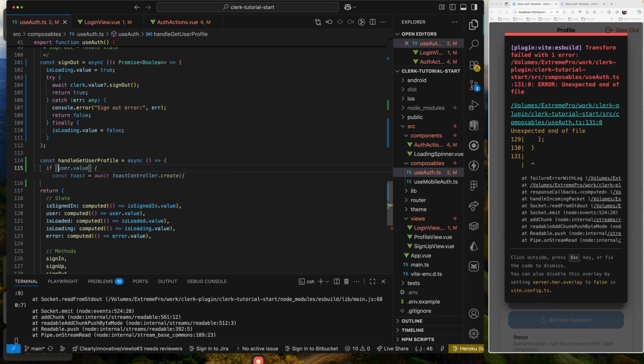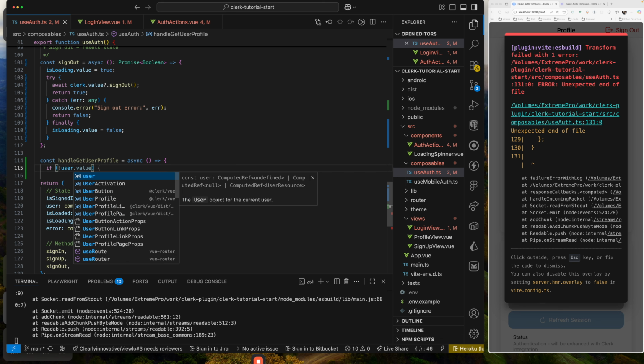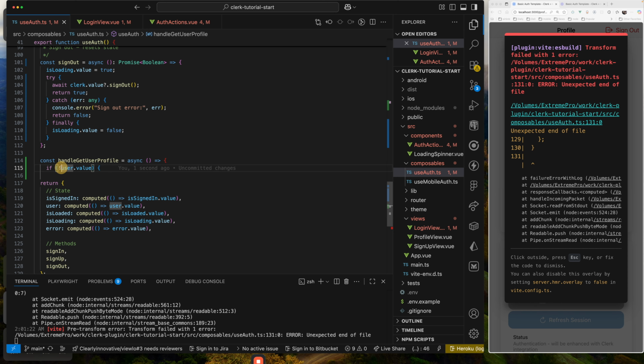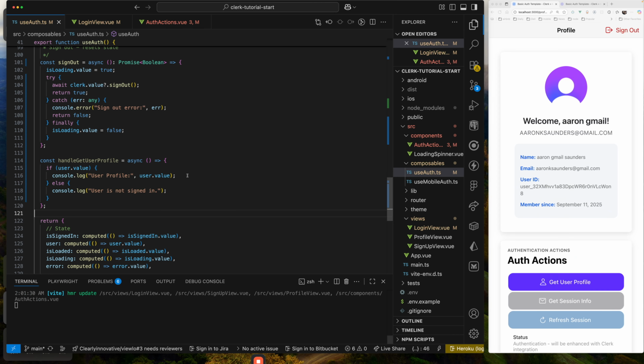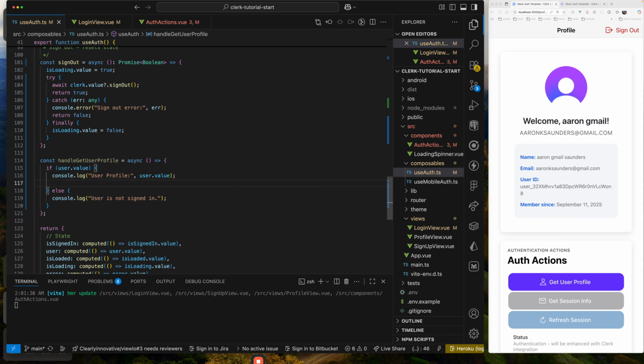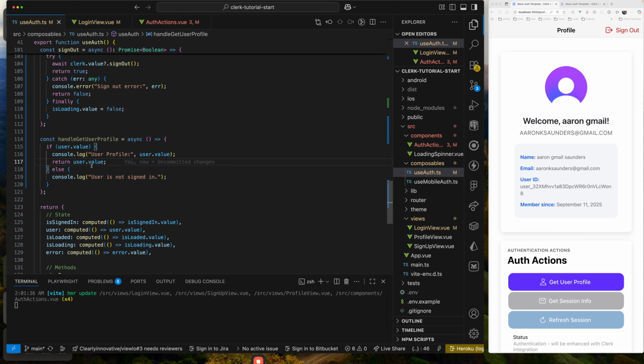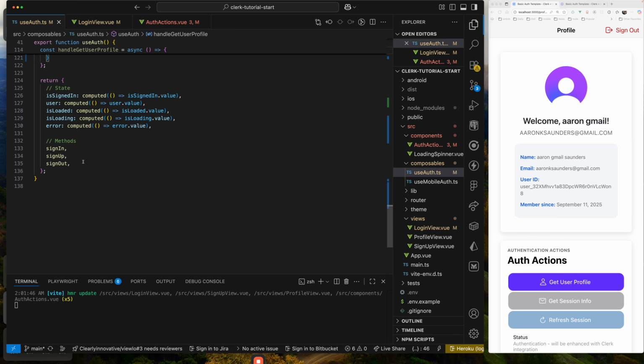So only if there is a user value, but we need to actually return this thing. And so we'll return user value, else user is not signed in, return null, and then let's get down here and look at user